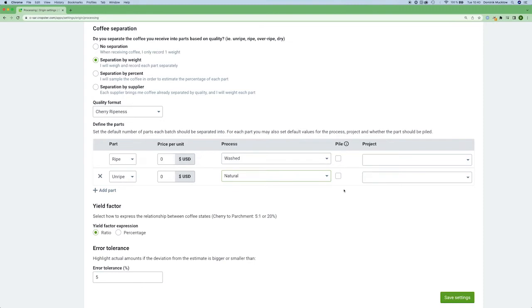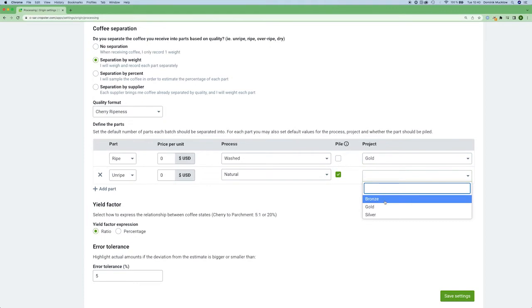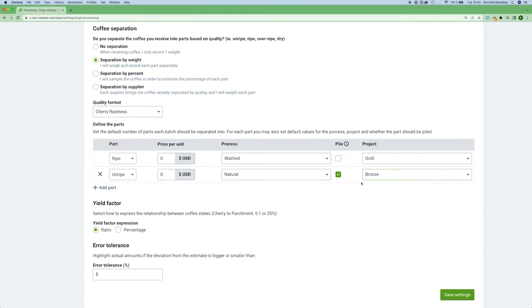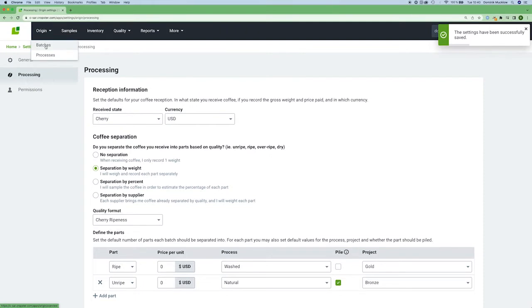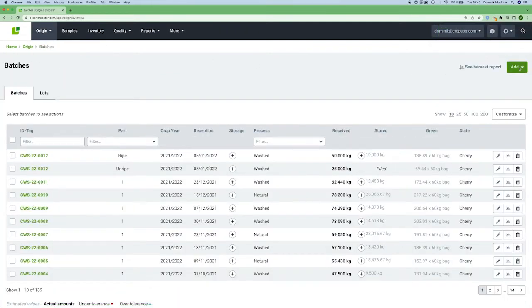Also, we can set defaults for project and pile. So the pile option means that we might not care about the weight of this coffee after it is finished processing, so we'll select that for our unripe cherry. And we'll also assign these to the gold and bronze projects that we've created. I'll save those settings. And now, if I go into my batches and create a new batch,